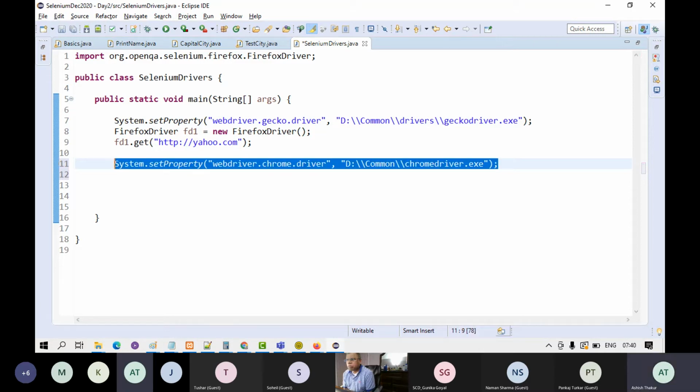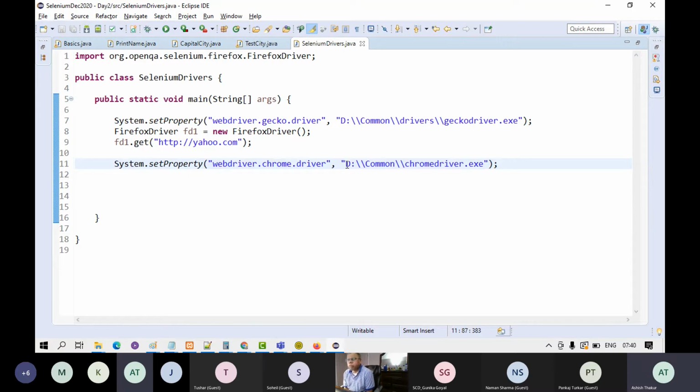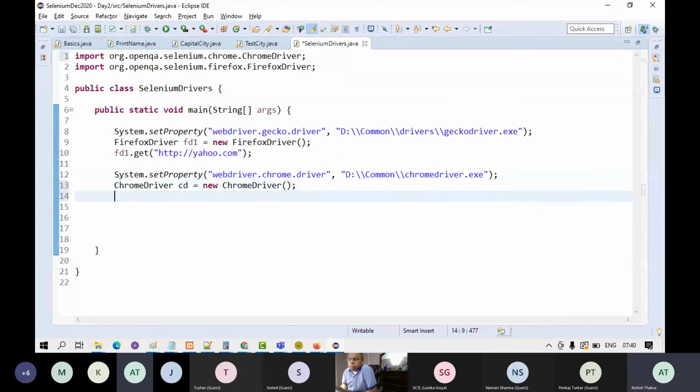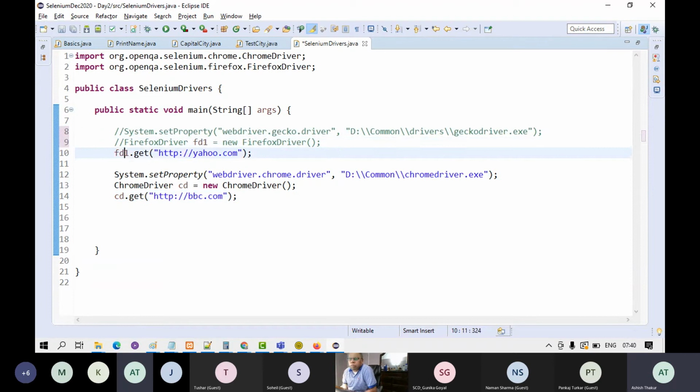So this will help Selenium to recognize where the exe for Chrome is, and then you just need to create the object of Chrome driver. And Chrome driver dot get will take you to some website. When you run this code, I will comment these 3 lines for Firefox. Comment disables the lines, right? And when you run this,